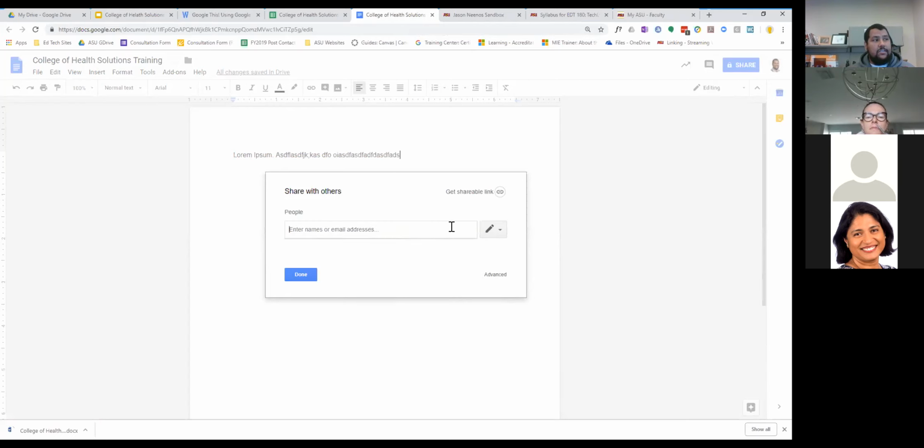And then by clicking on this, there are different options. I can have her edit, meaning she can actually change the document. She can comment, which I'll talk about what a comment means in a second. And then she can view. So I can share directly with her and give her one of those different permissions. And then I can share with someone else and give them a different set of permissions. So if I want Una to be able to edit, but Debbie to be able to only comment on it,